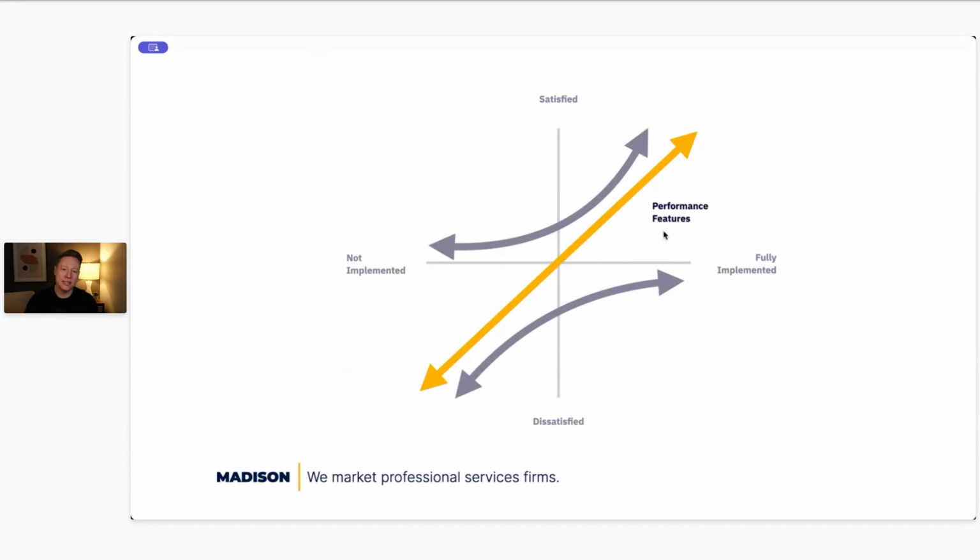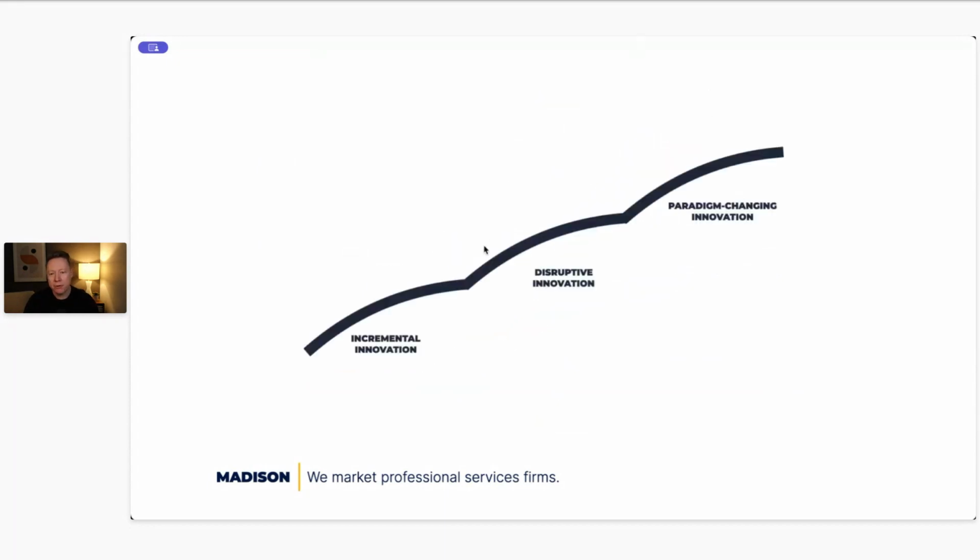So this is an example similar to a 2x2. There's two dimensions to it, but there's a positive aspect to it and a negative aspect to it. Another example, this is called the 3 horizons of focus. This is something that we used for creating portfolios of innovation for our clients back in my Manifold days. And it basically is like, there's 3 horizons, and you can think about it from a time horizon. You can think about it from a risk horizon. There's a bunch of ways of doing it.